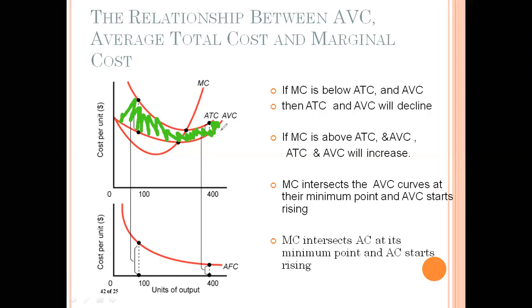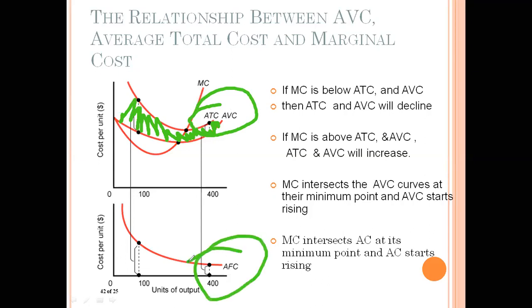If the question arises why, then we will simply give this answer. The difference between AC and AVC, क्या होगा इन दोनों का difference? मुझे बताओ इन दोनों का difference क्या है? That is of course AFC. AFC होता है ना AC और AVC का difference. So the difference between AC and AVC is of course AFC. And you know AFC of course starts falling. AFC fall होना शुरू हो जाता है with the rise in output. जैसे जैसे output बढ़ता है, वैसे वैसे इन दोनों का जो difference है वो कम होता चला जाता है. Of course AFC declines.